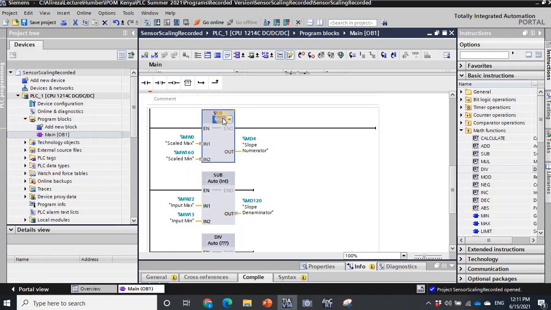I select real. Why real? Because I assume that the output is going to be real. But the two inputs are not real. It automatically converts them to real. So you see, it automatically, and this shows that this is a conversion. This is a kind of implicit conversion from integer to real. So automatically the program understands that and